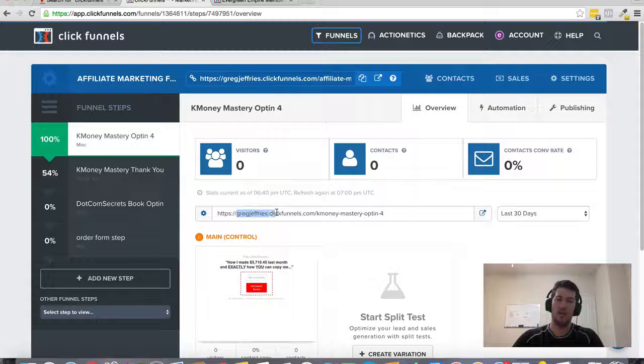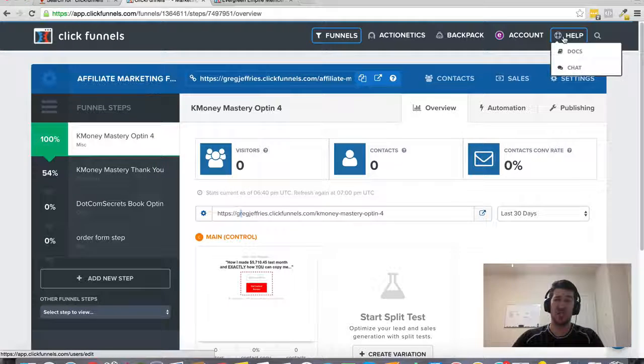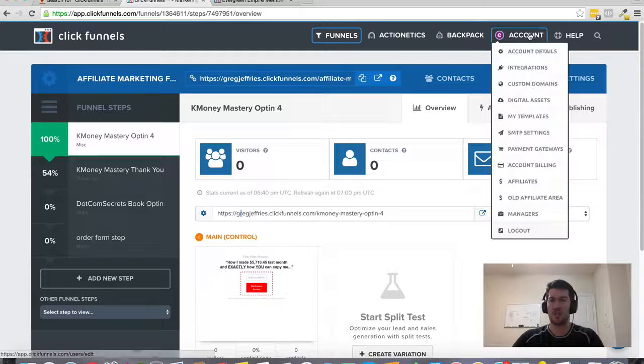So that is one instance of subdomains and kind of how it works inside of Clickfunnels. I believe you can change that or set up a different one, but I would reach out to support to do that. Additionally, if you want to have a custom domain that masks your Clickfunnels link that you see here,